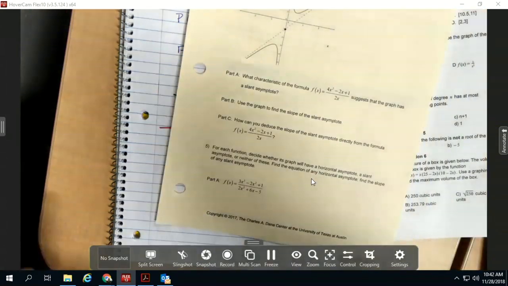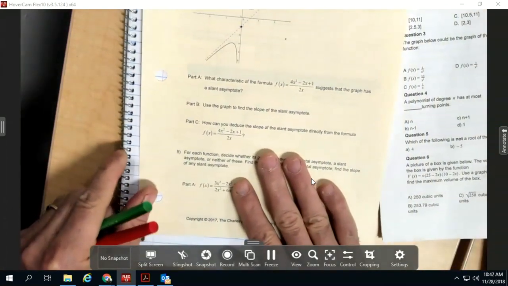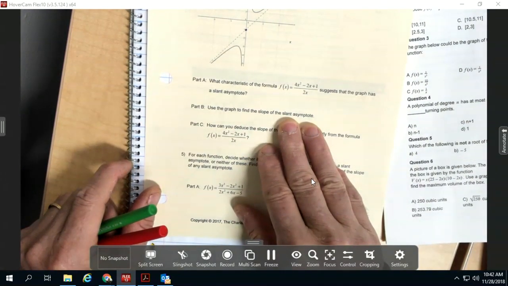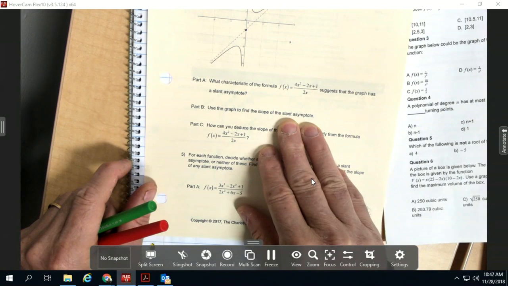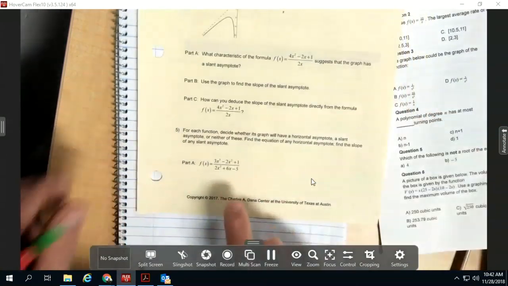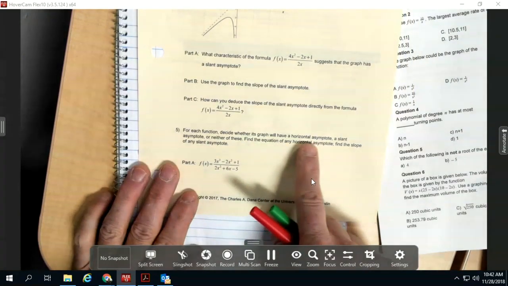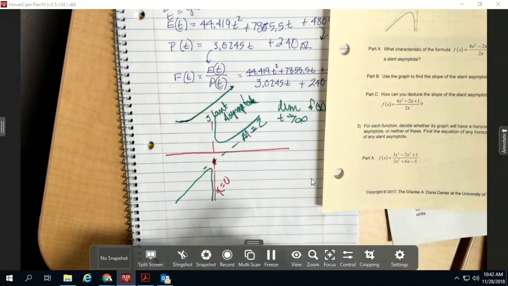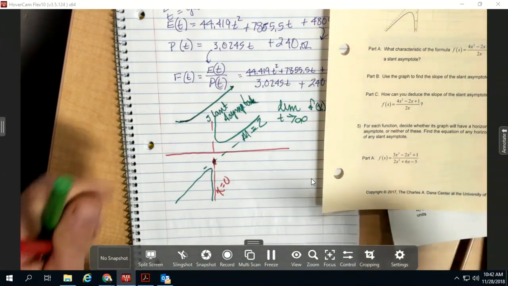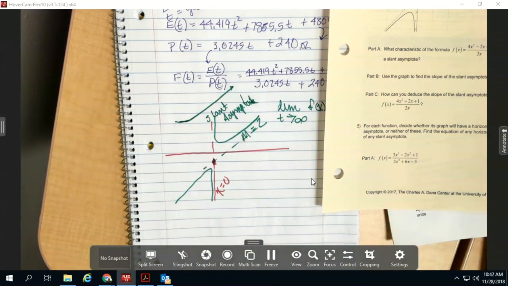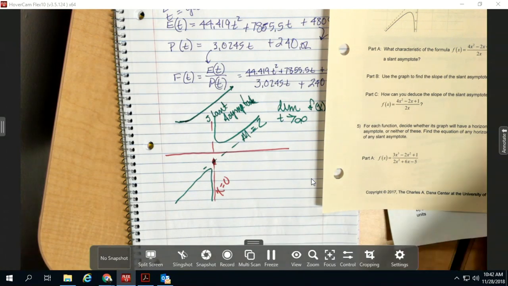Page 257. Find the slope of the slant asymptote. What did we say? M equals 2. So, part A here. We have to decide for each one of these. Let's do all of the stuff that we can find out, because then we're wrapping them up. Page 257 and 258. For every single one of these,